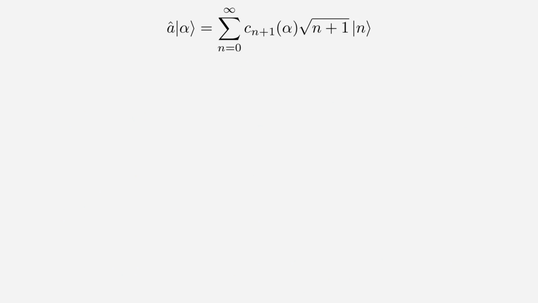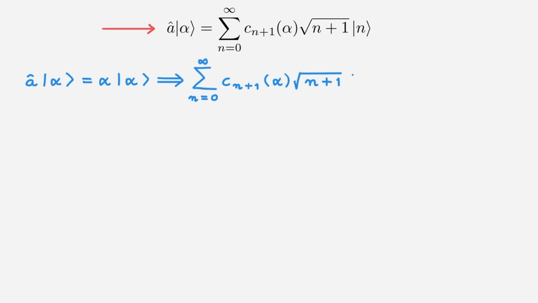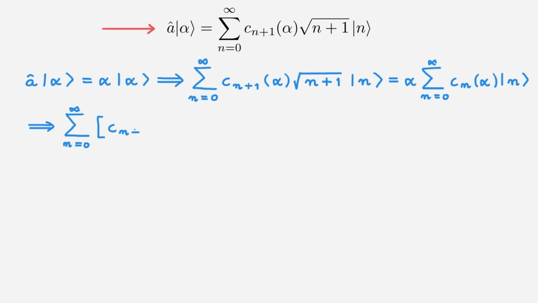To continue with our derivation for an expression of a coherent state in the energy basis, we next need to remember that a coherent state is an eigenstate of the lowering operator. Then we can use this expression up here that we've just derived to rewrite the left-hand side like this. And the right-hand side is equal to the eigenvalue times the eigenstate, which I am also expanding in the energy basis. Moving all terms to the same side, we get a sum over n of the term proportional to the n plus 1 coefficient and the term proportional to the n coefficient, all acting on the n eigenstate and all equal